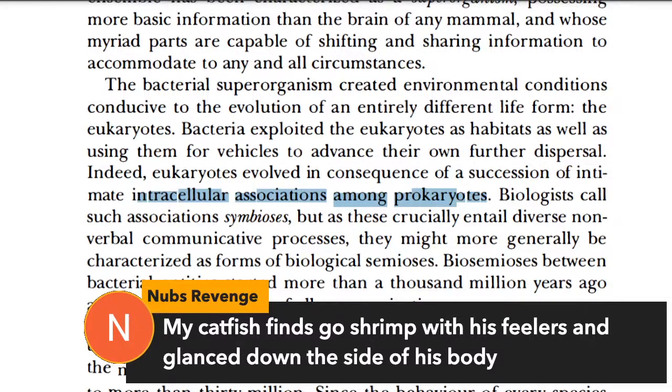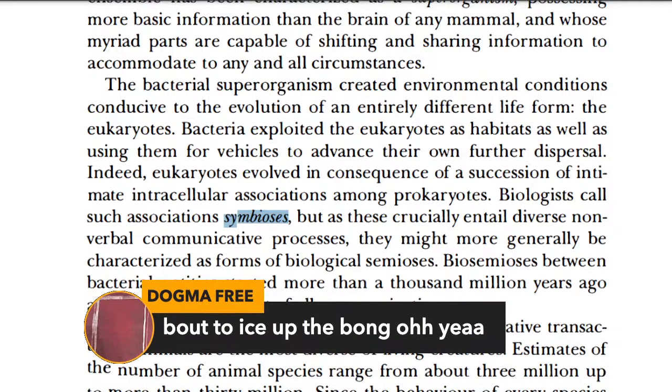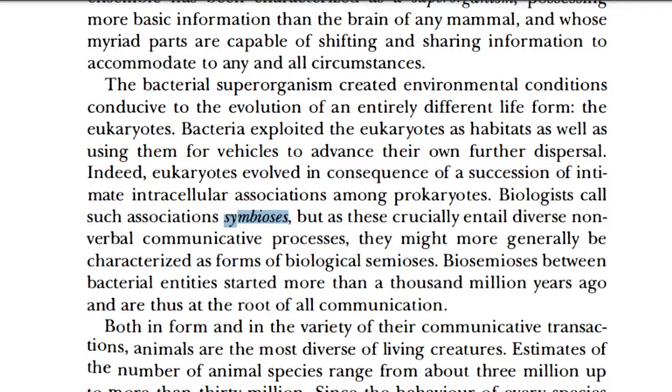All right. Biologists call such associations symbioses, right? That's what we're saying, symbioses. But now look at it from a different perspective. Oh yeah. We'll get that iced up there. We haven't got to the juicy part yet, so you might want to get a little relaxed. I made sure I have myself a good adult drink ready to go here for this one too, because it's going to get a little titillating in a while.